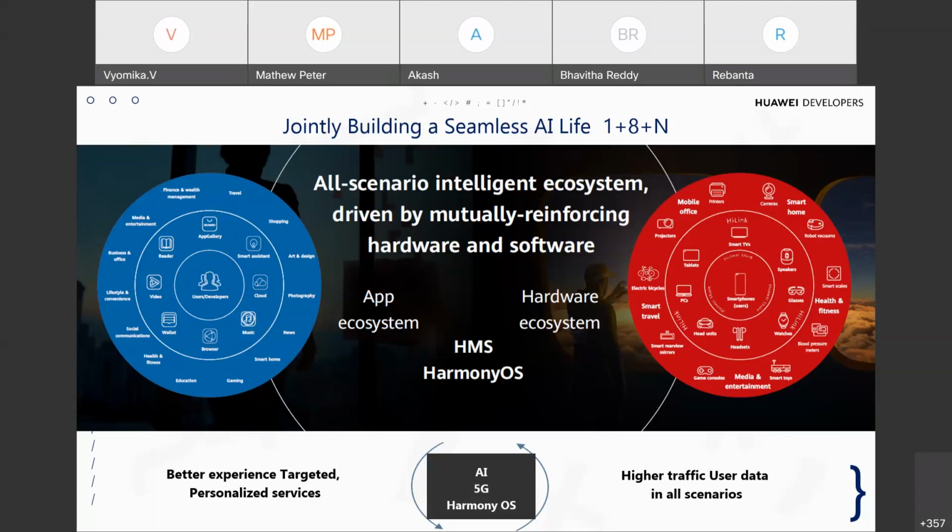Also, we have an app ecosystem that is majorly focused on the HMS Core. Along with this HMS Core, there are many other capabilities like App Gallery, smart assistant, reader, video, cloud, and many things. So any developer by using these capabilities can develop applications suitable for industries like travel, gaming, video, photography, e-commerce, and many things. So to make it an all scenario intelligent ecosystem,